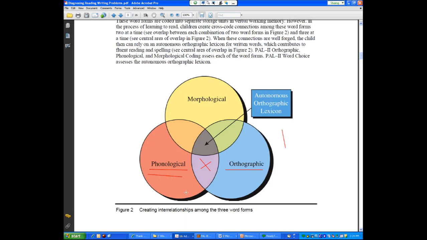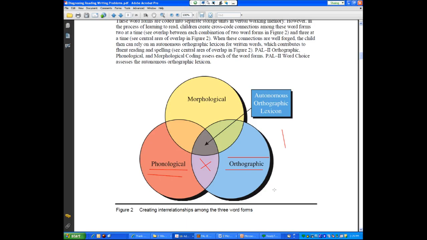In the English language, though, for so many words, the sounds and the symbols disagree. So in addition to storing and processing the information, you must be able, when you hear certain words, to retrieve the visual representation from your verbal working memory or from your long-term memory. Because many words, for example, hemorrhage, if I write that the way it sounds, when somebody tells me that a person was hospitalized because of a cerebral hemorrhage,